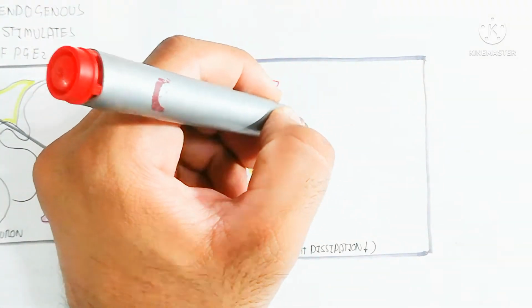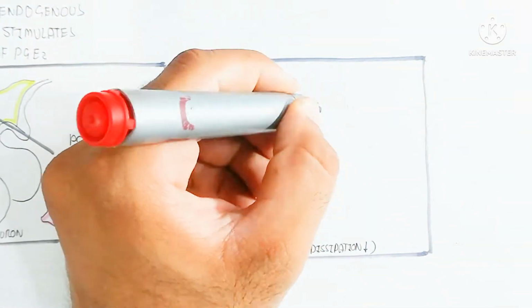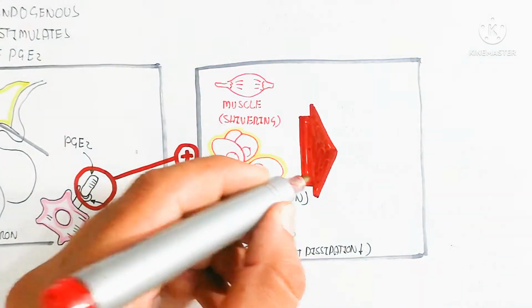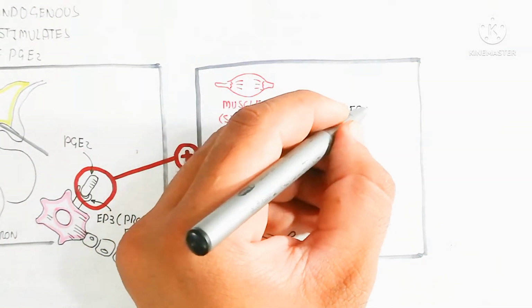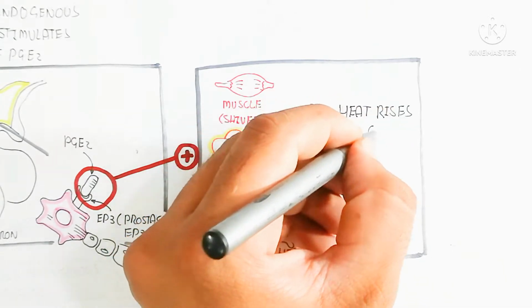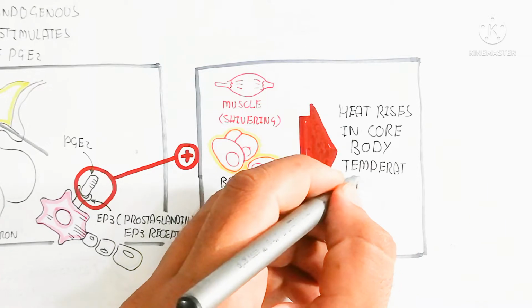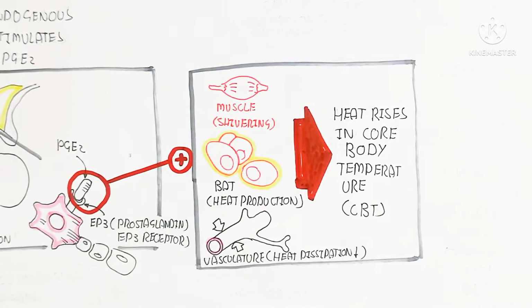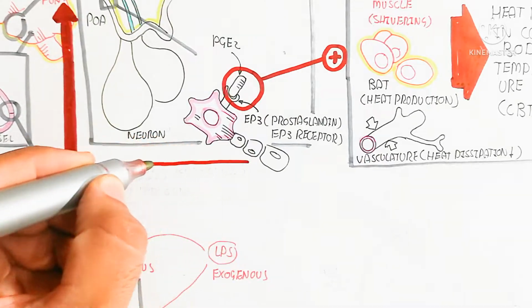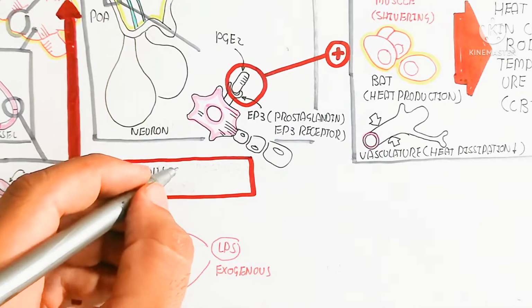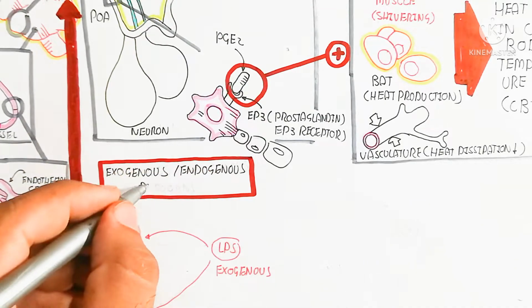So that is why the heat inside will be more, while the outer region of the skin, for example the peripheral part, will sense more coldness. So that is why there is a rise in core body temperature, basically CBT. This is due to prostaglandin E2 binding with the EP3, also with the nerves, which will